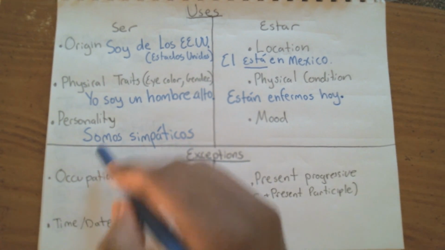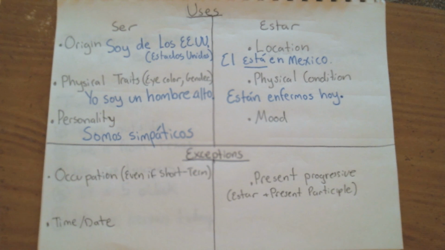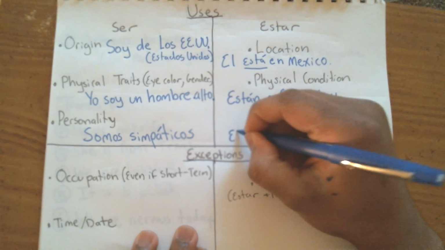Like if I were to say somos enojados, we are angry people. Okay? You're not just saying we're feeling a little angry right now. You're saying we are angry in general. Okay? It's more of a long-term statement that's talking about our whole lives, not just about how we're feeling in the moment. Now, if you were to say this right here, ella